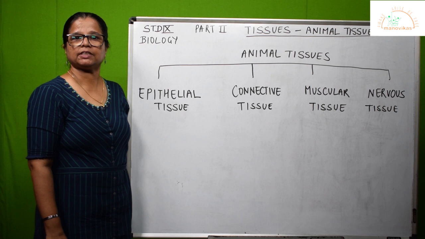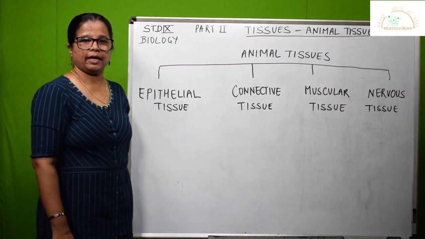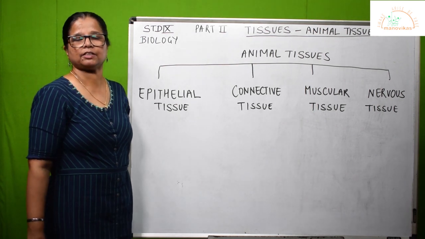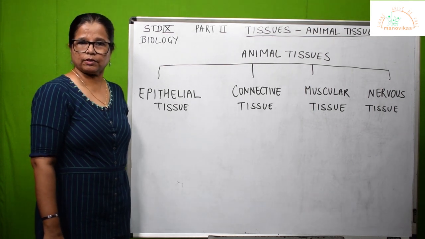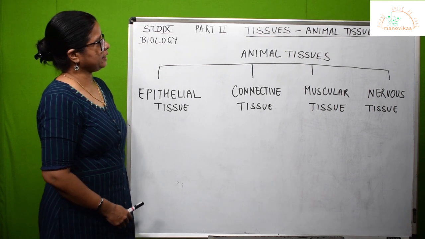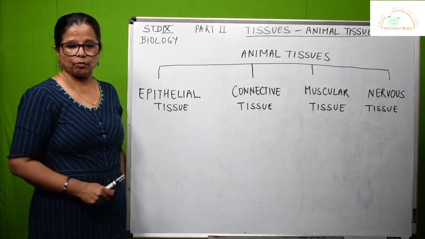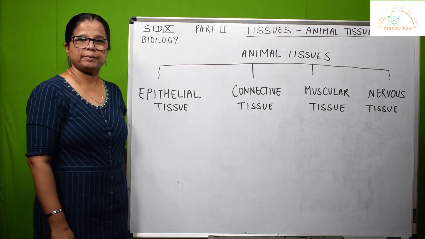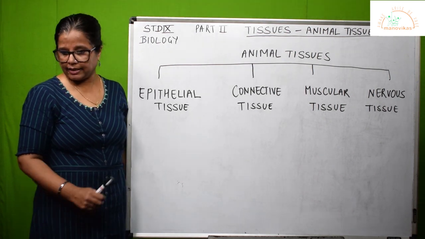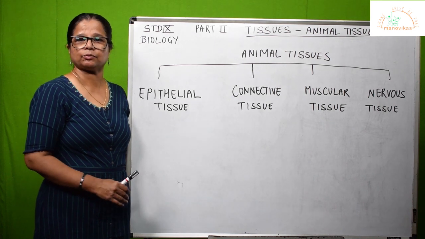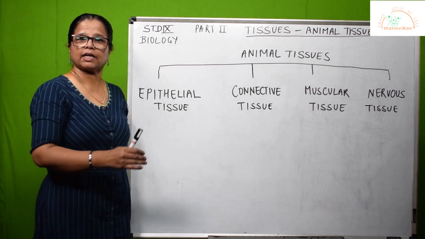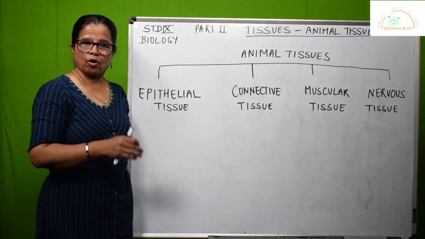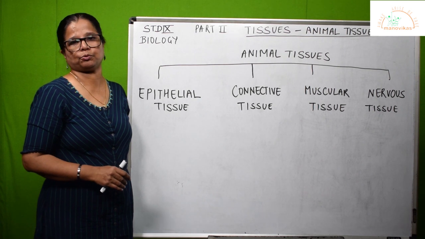In part 1, we studied about plant tissues, and I hope you must have gone through the lesson and you must have learnt about the various tissues that make up the bodies of the plants. Now let us quickly revise how this level of organization happens. So the basic structural and functional unit are the cells. After the cells, many cells together which perform a specific function, have a common origin, they make up tissues.